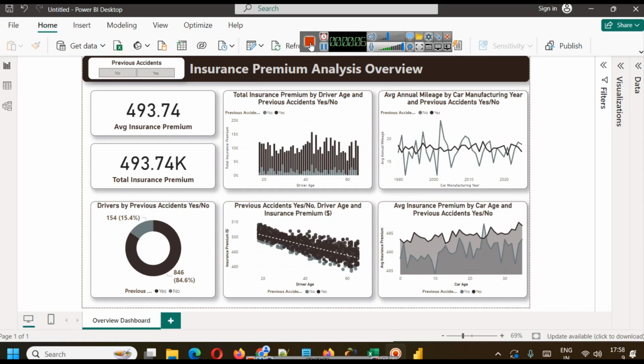This is a Power BI dashboard that we are building here. In the dashboard, we are using the insurance premium data. In the insurance premium data, you can see we have total insurance premium by driver age and previous accidents, average annual mileage by car manufacturing year, previous accident and driver age wise insurance premium on a scatter plot with a trend analysis, and using an area chart to understand the impact of average insurance premium by car age and previous